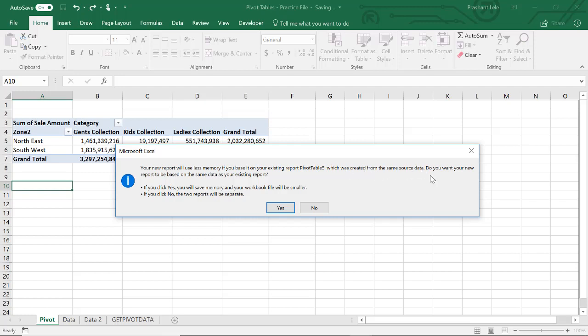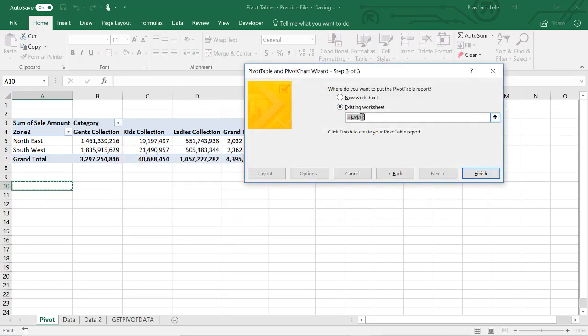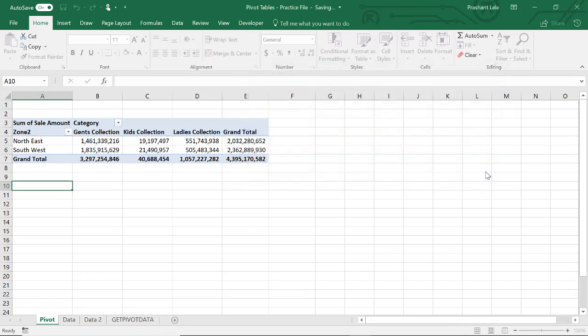This is nothing but it is asking me to share the pivot table cache between my two pivot tables. But in this scenario, I don't want to share the pivot table cache. So I will say no instead of yes. Just select the cell where you want to put it, say finish.